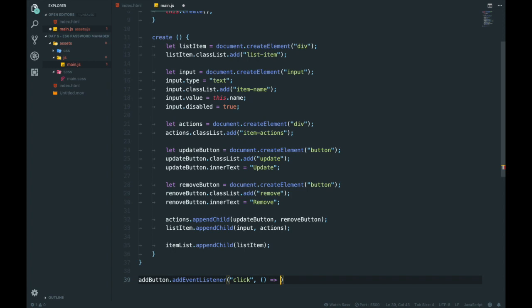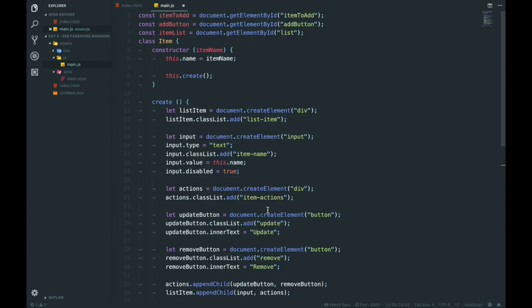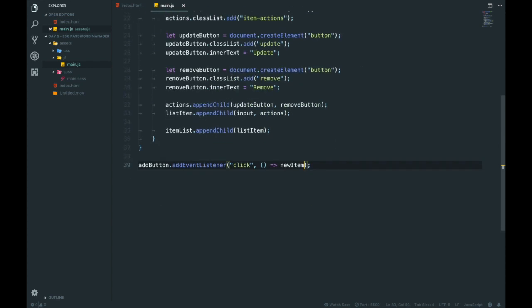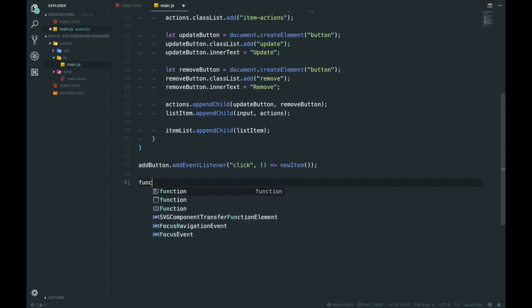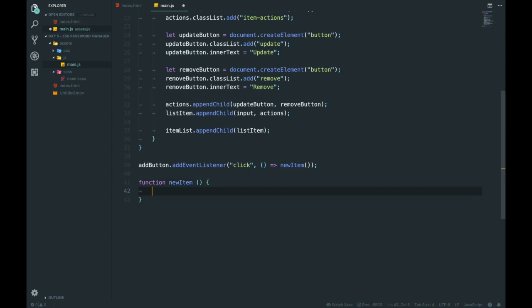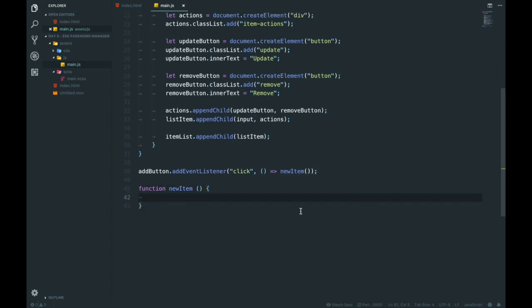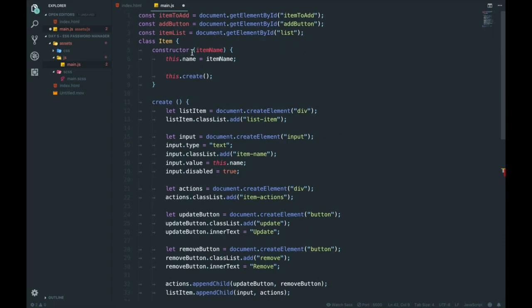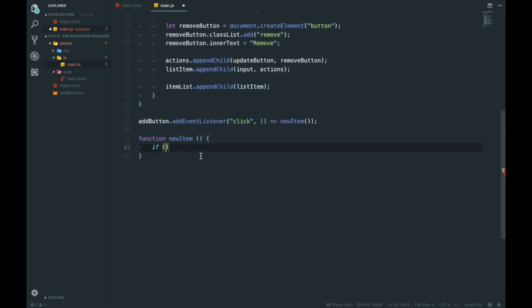What should we call it? New item. I believe that should work fine. No, we need to call it. I don't know why I didn't call it. And now we'll go in here, we'll go function new item. It's going to go if, and now we need to get the item to add. So we've got to check if item to add dot value is equal to,